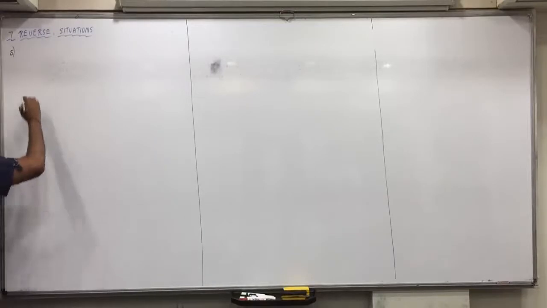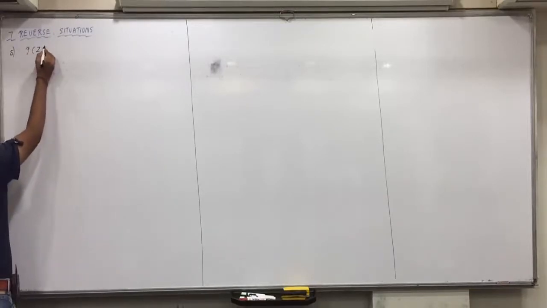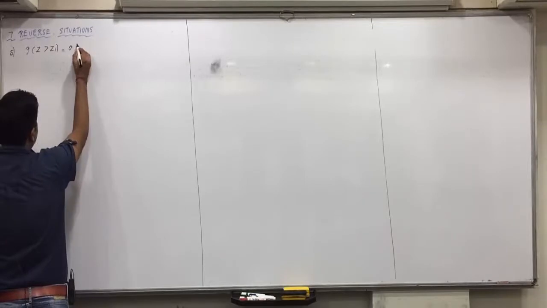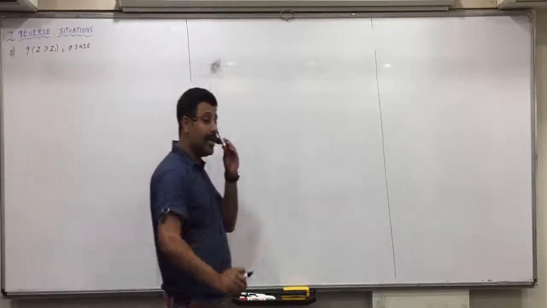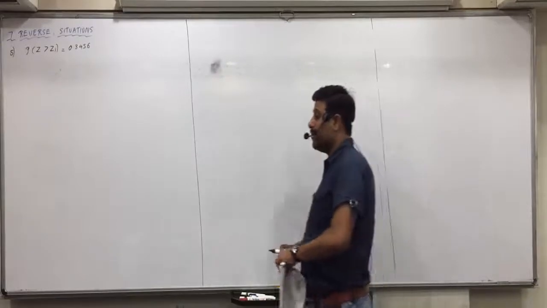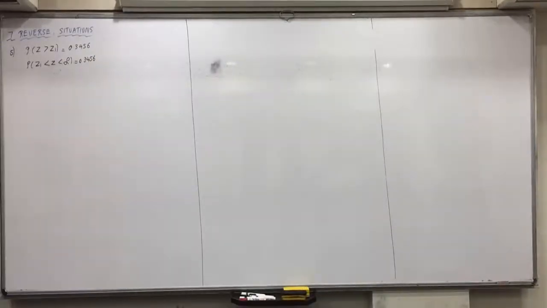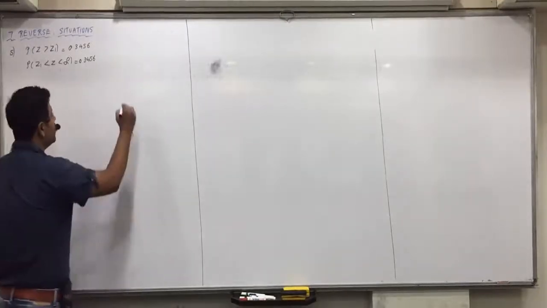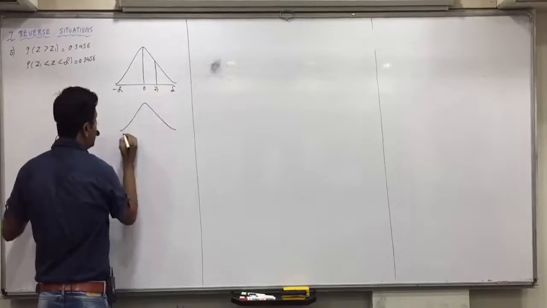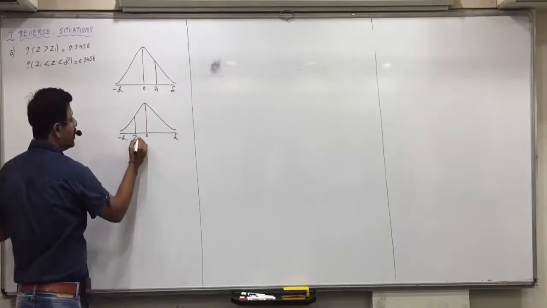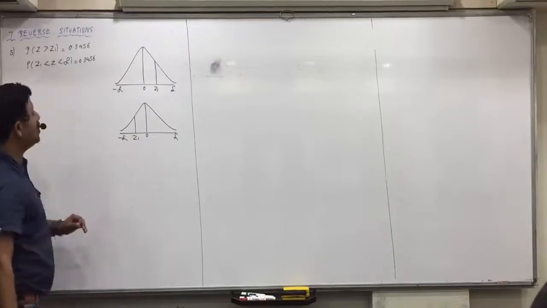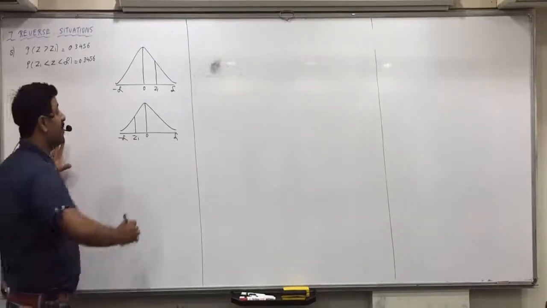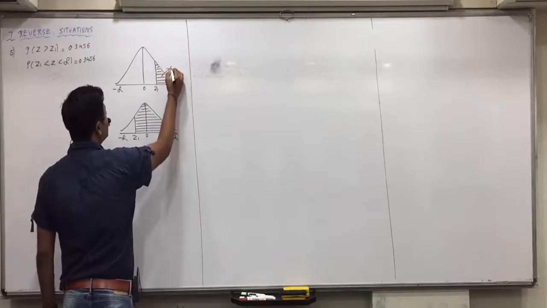Write down P of Z greater than Z1 is 0.3456. Written that, everyone? Did you understand this, everyone? Since greater than Z1 is given, it means Z1 to infinity is 0.3456. One diagram, two diagrams? Two, because 0 is not there. In the first diagram, take Z1 on the right side. In the second diagram, take Z1 on the left side. Now in both the diagrams, where do we have to do the shading? Between Z1 and infinity. And this area is given as 0.3456.